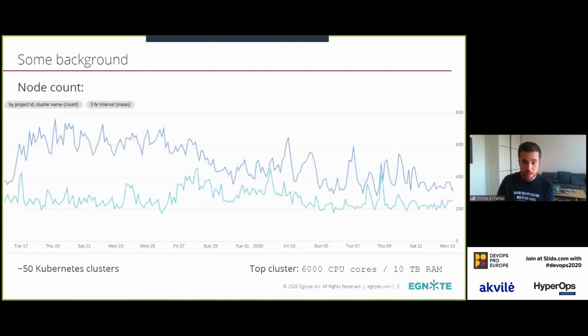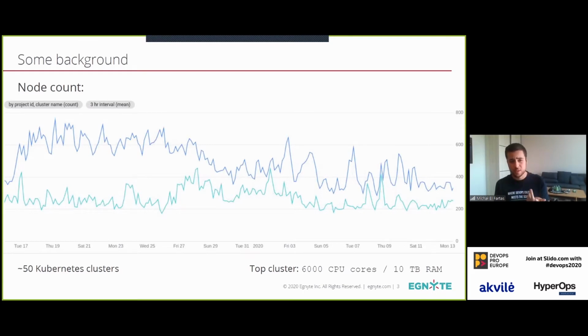To give you some background, to show you that what I'm about to share with you is coming from our experiences: when we started with Kubernetes, we obviously started like everyone, with a 3, 4 node cluster. But over the years, it grew up to clusters that are up to 1,000 nodes. As you can see in this chart, this is a chart of the number of nodes in the cluster